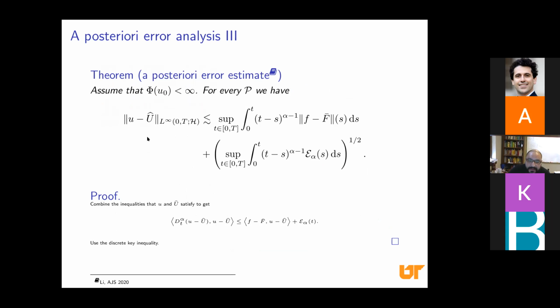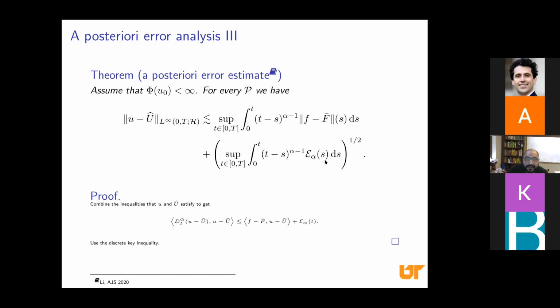Same way that you did when we computed uniqueness. And once again, this is data, don't worry about it. This is telling you there's some quantity that you can compute once you have the approximate solution that controls the error. And that can guide you in the construction of your time step scheme or your time steps.